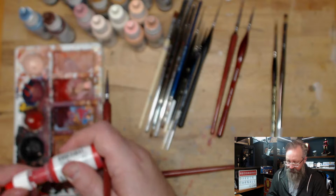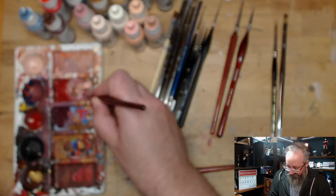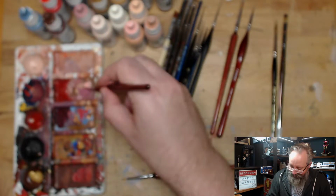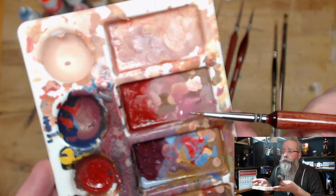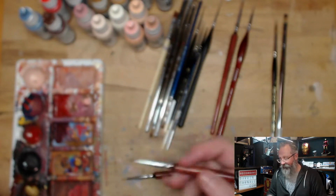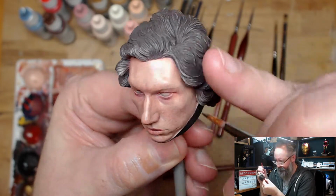So I'm going to drop a little bit of red next to the blue, tiny amount. I don't really need much. I'm not doing a huge mix of colour here. I'm going to mix it in the next thing just to get it away from the original paints. Didn't need much paint because I'm only doing a small amount and I need it to be really thin, so it was tiny drops of paint, and I've just mixed that colour, sort of, I don't know, like a dark lavender. I don't know what colour you'd call that, but I'm going to take that